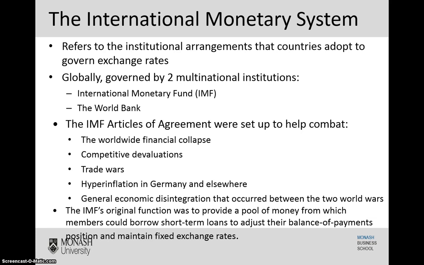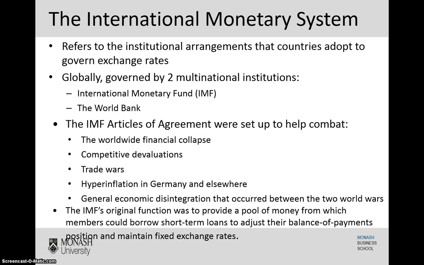So the overall tasks of these two organisations: the IMF was set up to maintain order in the international monetary system, so to police this, and the World Bank was supposed to promote general economic development, so they were complementary in that sense. Focusing, as I say, in particular on the IMF, the main reasons why it was set up